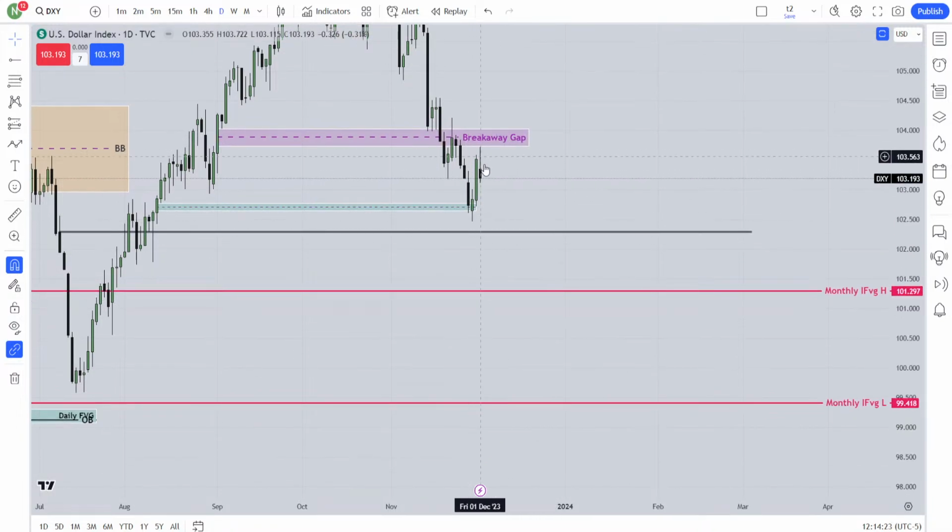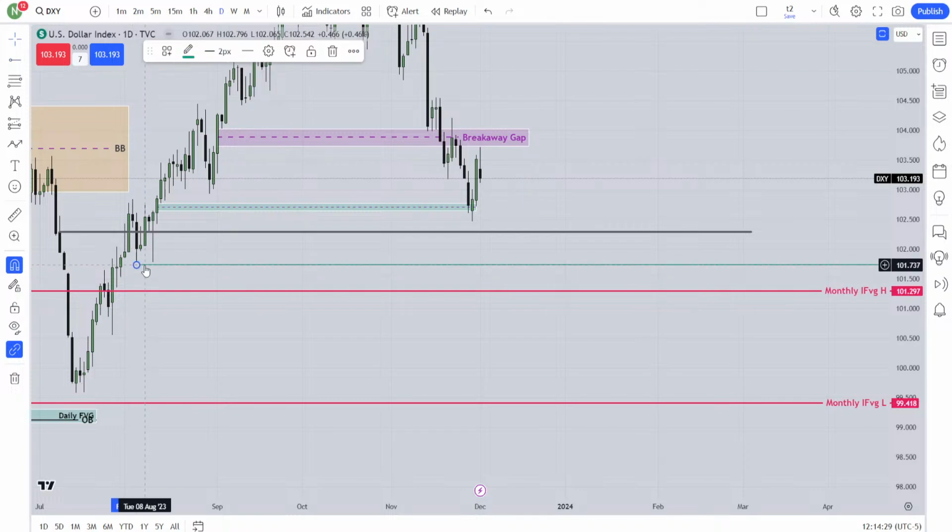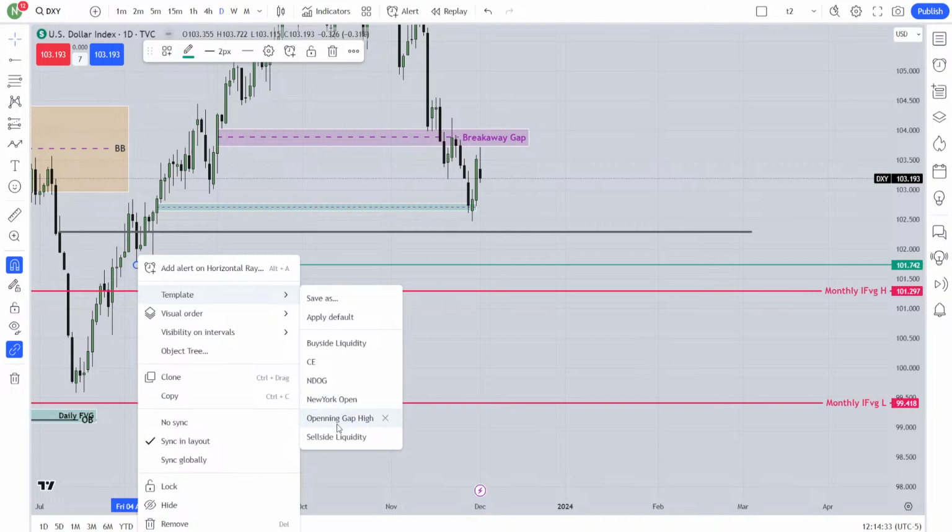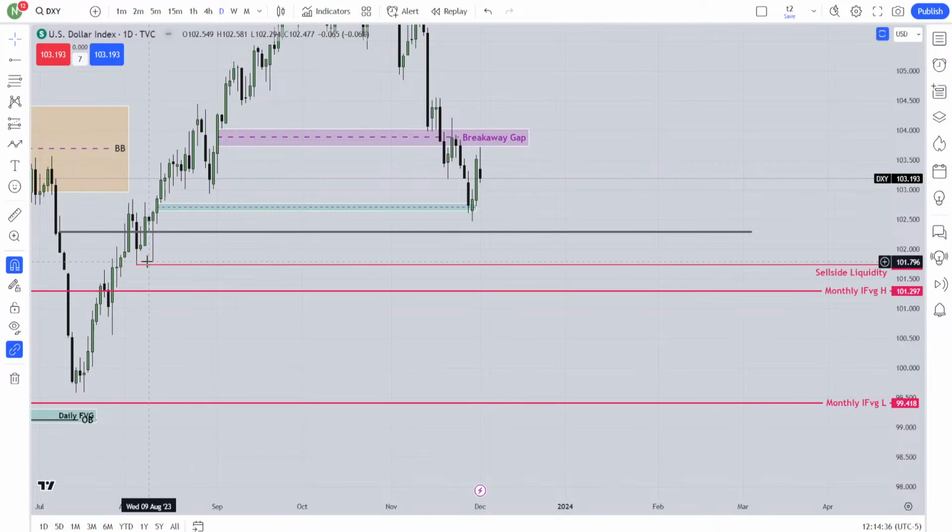Then it will go lower. Now if it would love to go lower, where is your sell side liquidity? Look at those lows. This low and this low. They are relatively equal lows. This is a very clean sell side liquidity. But brother, you told us that you will go for the.